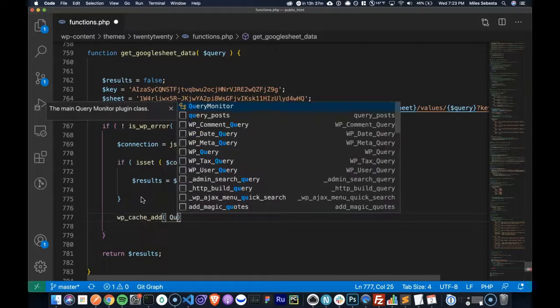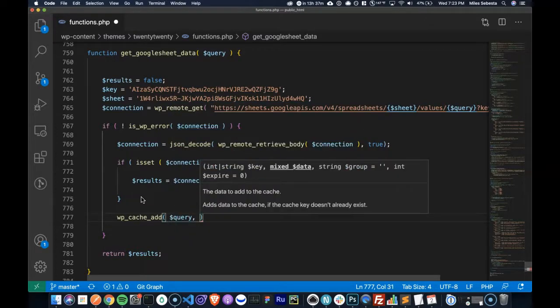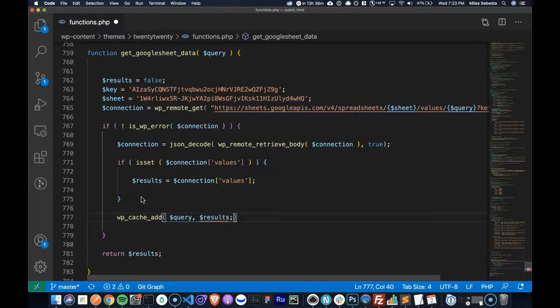And what I'm going to add is I'm going to name it to the query, and I'm going to store the results.